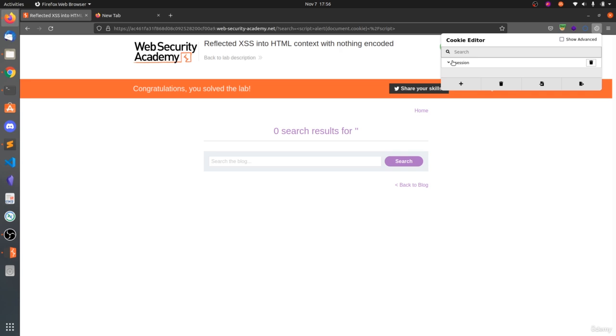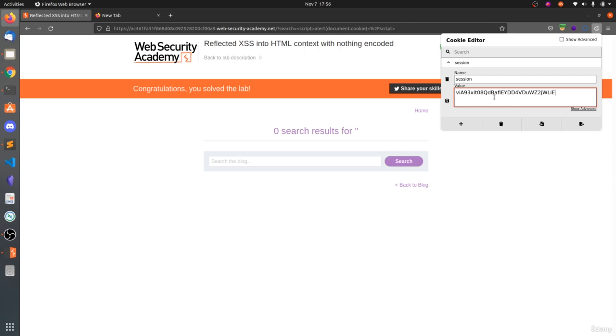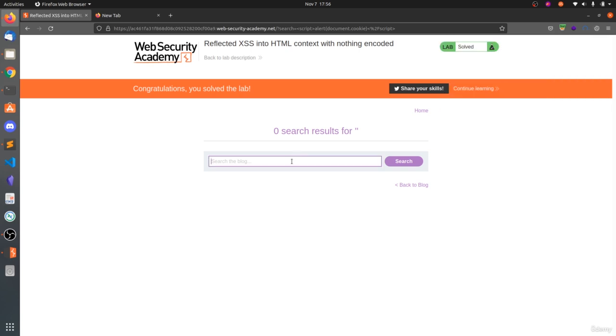We should get the cookie, but I don't know why we did not get it. If you have some normal cookies, not session cookies but some other cookies,